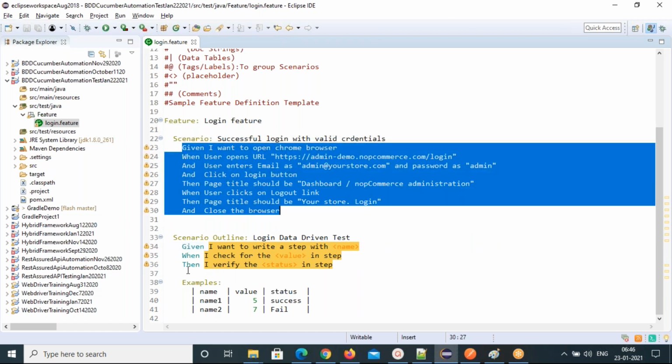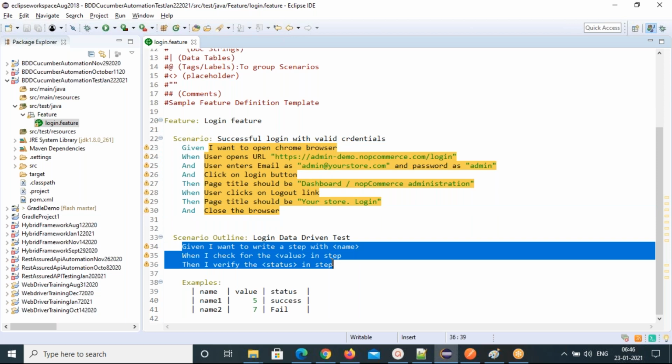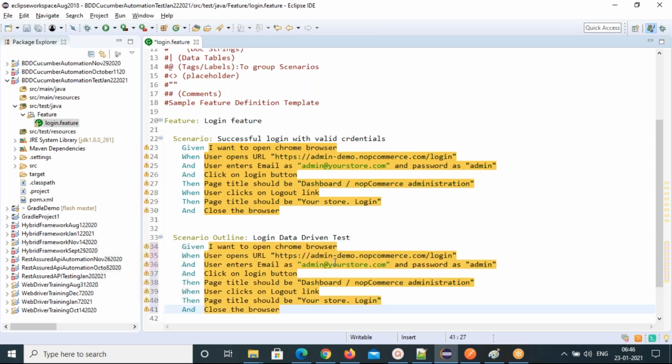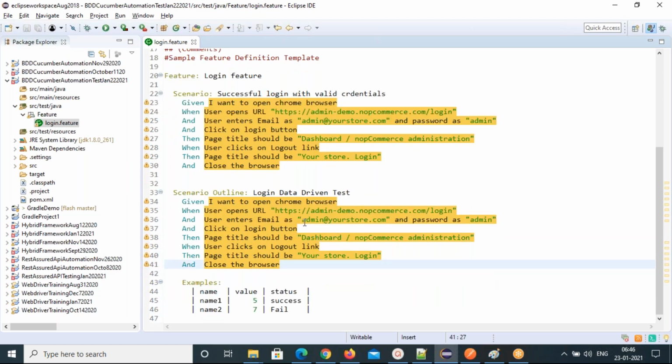Then I'll put placeholders. So where are the placeholders? This is the placeholder. Here we need to remove this, because this is the area where you are going to give the email and password. Put here and give the parameter name. What is the parameter name?